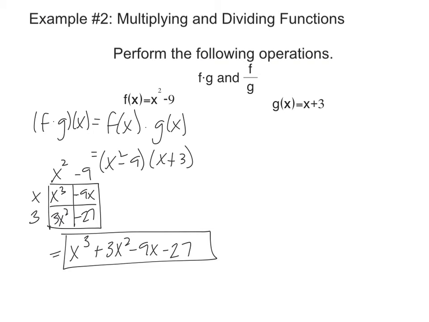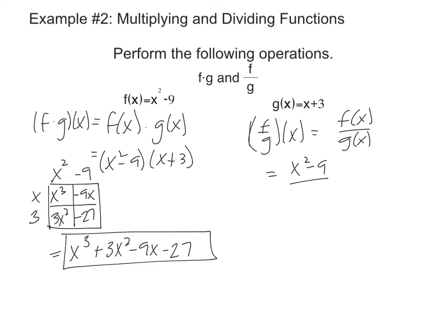All right, f divided by g. So f divided by g of x equals f of x divided by g of x. Now, f of x is going to be x squared minus 9 over x plus 3. Now, in order to do this,